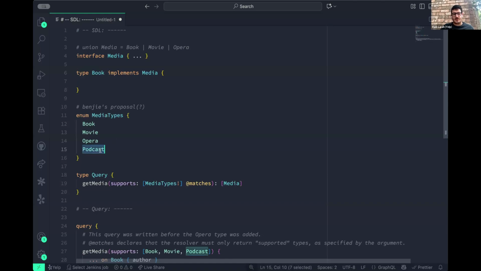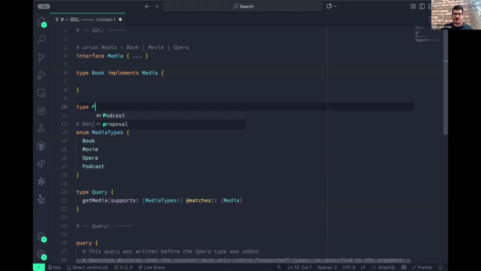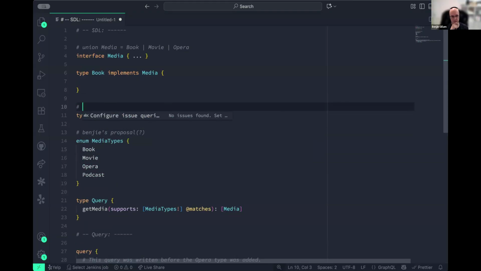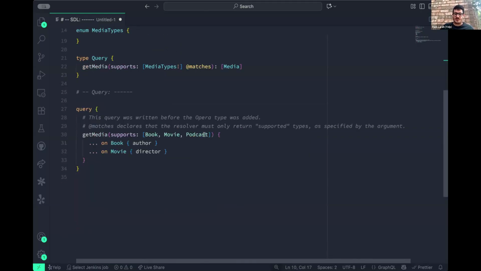So at the time that we're writing this, we're saying podcast does not exist as a type in the schema. It doesn't exist yet. So what does it mean for me to pass podcast here? I can't do a selection on podcast, right? But you can do it on media. So I want to kind of stress here that